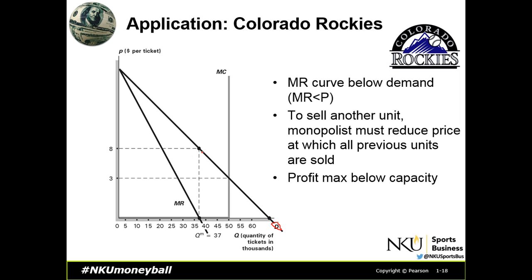So over time, in order to get out here in a monopoly situation, I have to reduce the price for all the previous units that were sold, which means that although my demand is out here, my marginal revenue actually splits from the demand line. I'm not doing a very good job with my drawing here, but I think you get the idea. So there's this gap here,